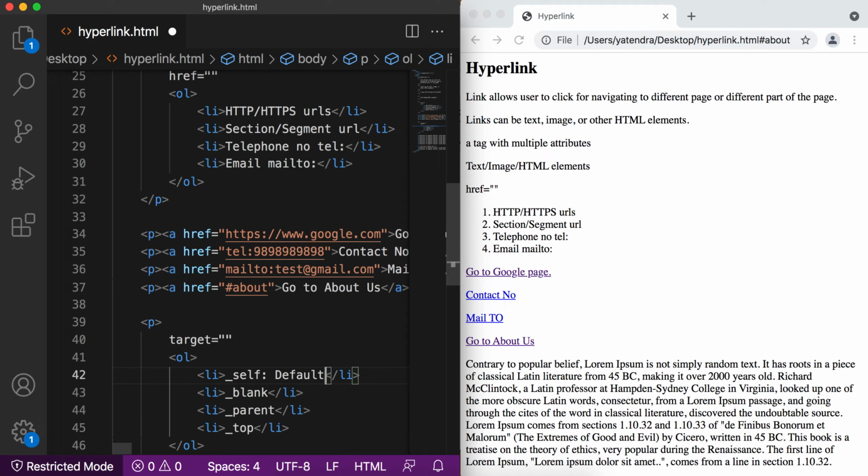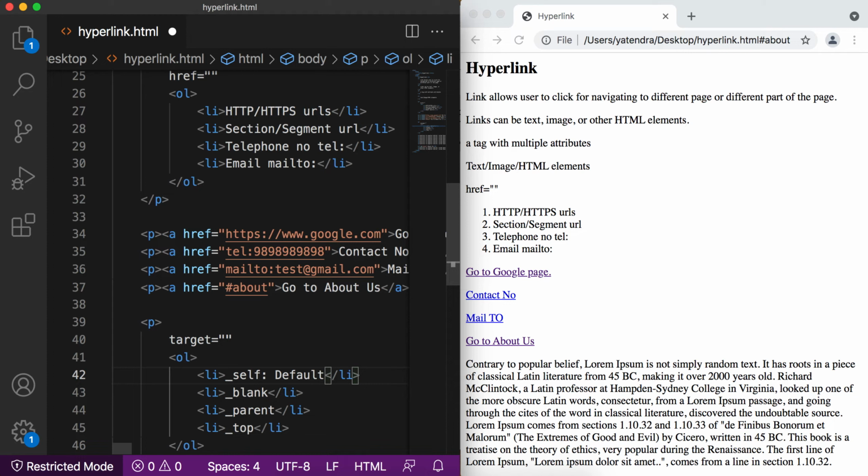If it is configured to open the link in a different window, then it opens a new window, otherwise it opens a new tab. Parent will open the link in the parent view. If there is no parent view, then parent and self work the same way.